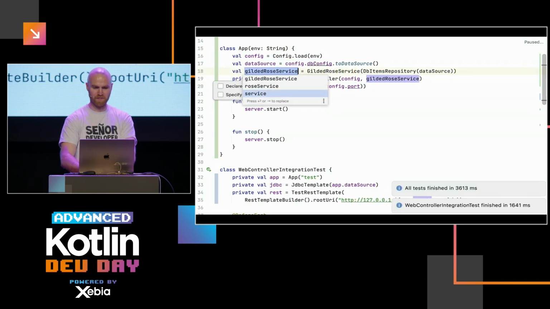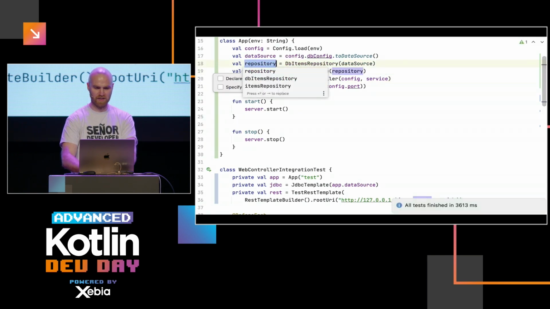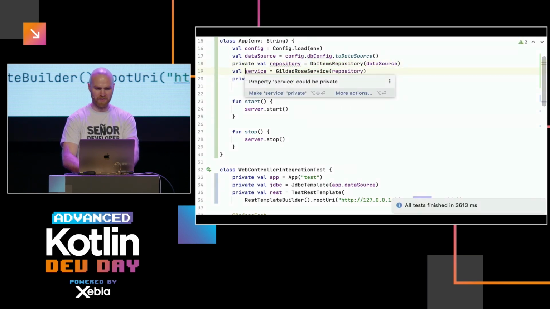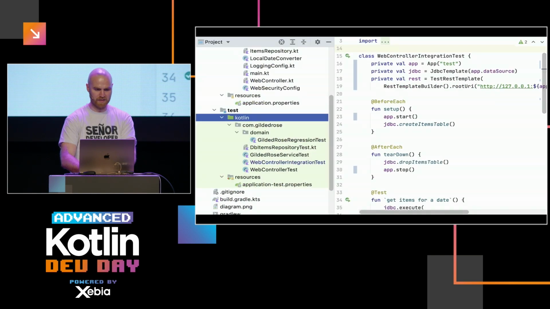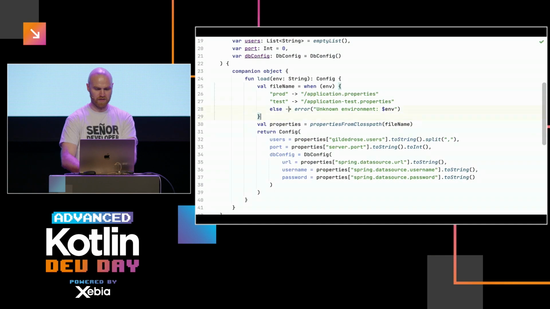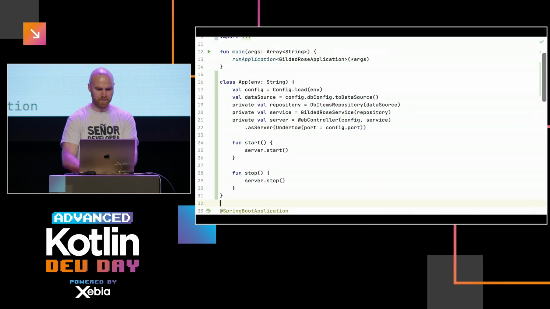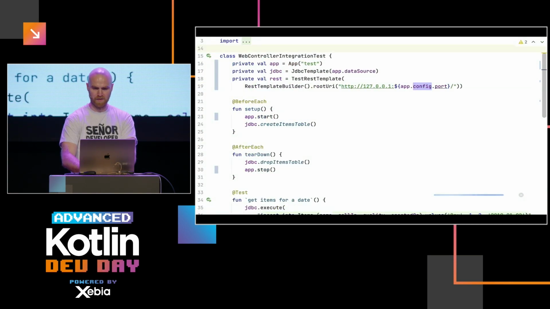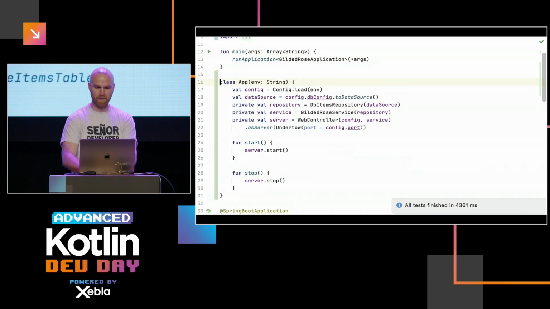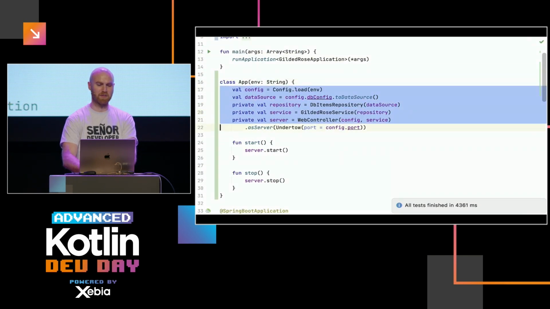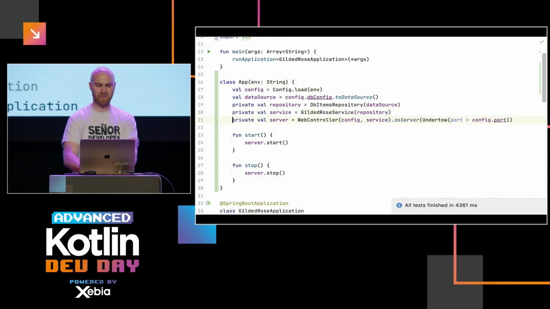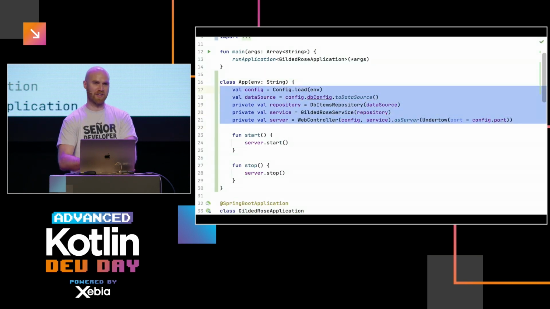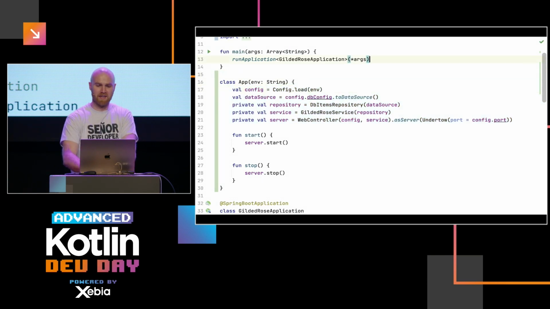So maybe we could extract service for clarity, could extract repository. They can be private as well. And then we can move this whole thing into main function. Right, and just paste it somewhere here. Still run all the tests. Just need to understand. Yeah, so in a way, I guess what I'm trying to say is these are 5 lines, and that's what injection was doing. Yeah, to be fair, there is more to it, but really all the annotations, they were doing what we can do in 5 lines. And to finally plug it, we maybe need to configure it with prod.